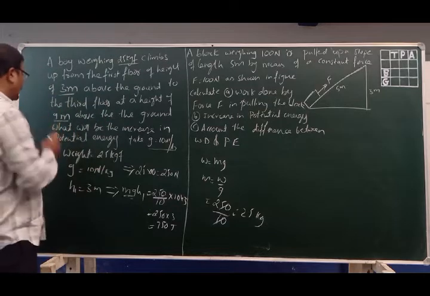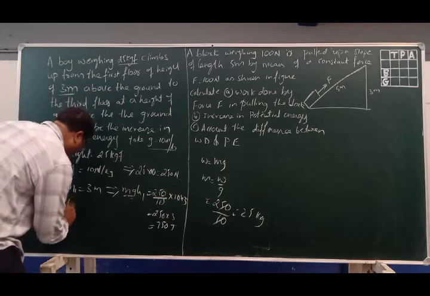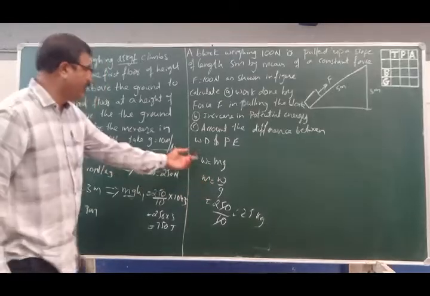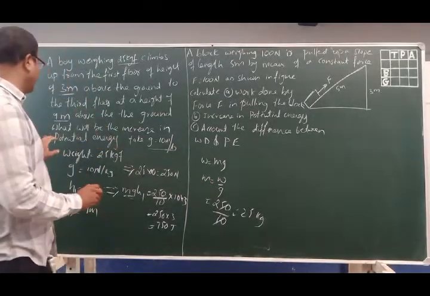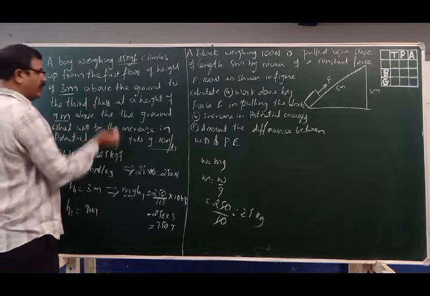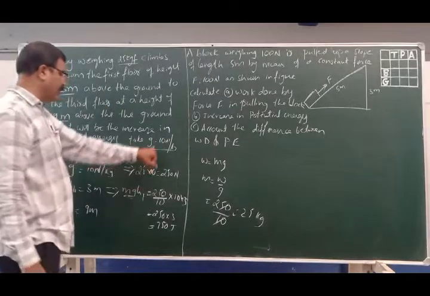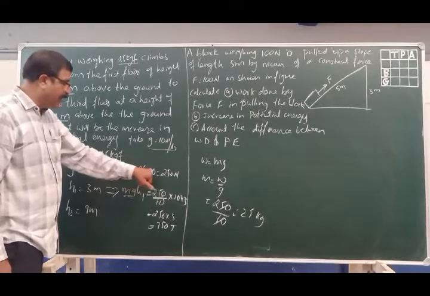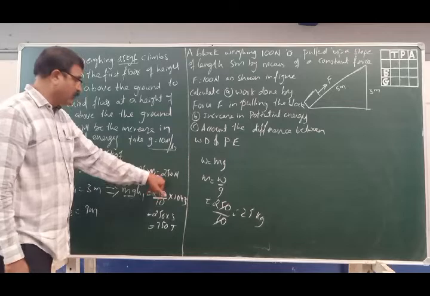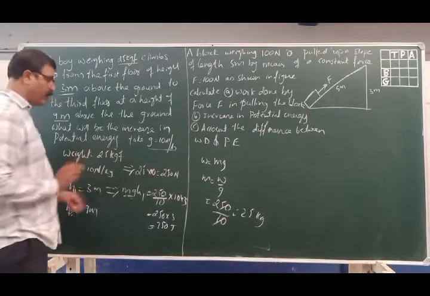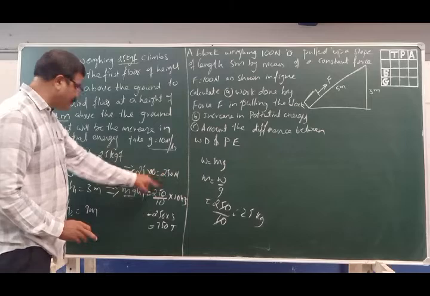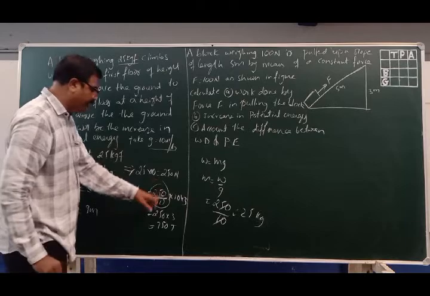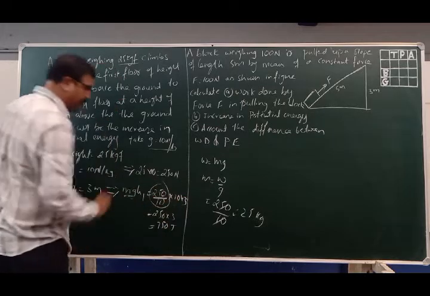Now let me go to the second one, that is 9 meter. H2 is equal to 9 meter. Now you have understood what I have done here. Don't confuse the things here. First, I have converted kgf into Newton by multiplying it by 10, which gives the weight of the boy. But what we require is the mass of the boy. So I have divided 250 by 10, into 10 into 3, that is 750 joule.